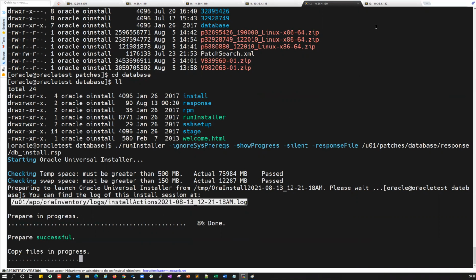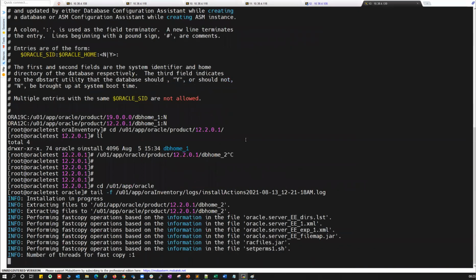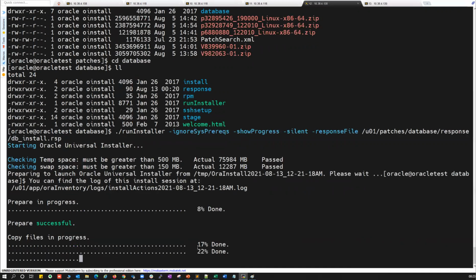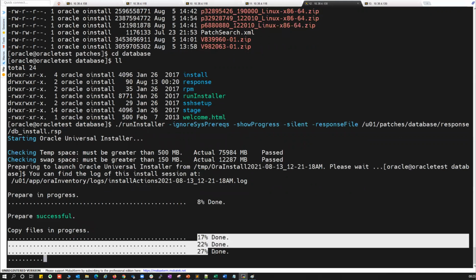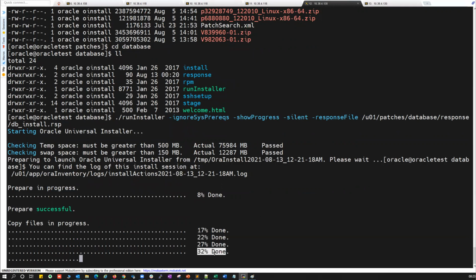You can easily go back to that other session and tail this log file. So tail -f, and you can see all these options here, right? Number of copying threads. Go back here, 17% done, 27% done. Okay, 32% done.